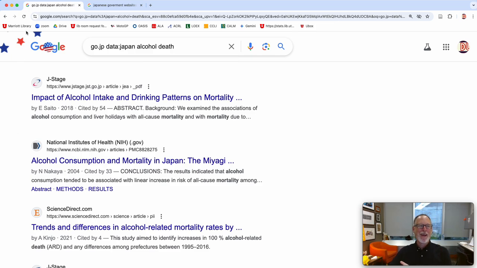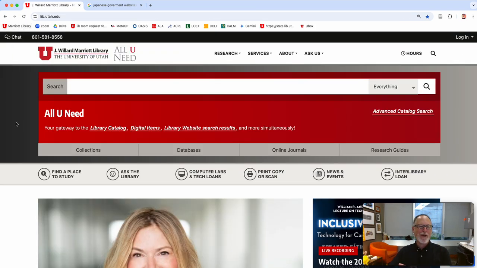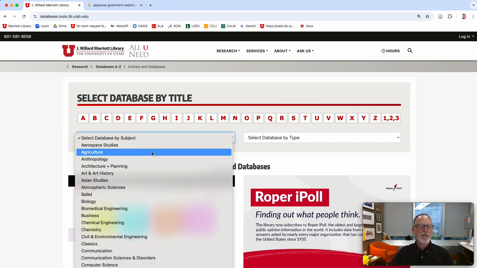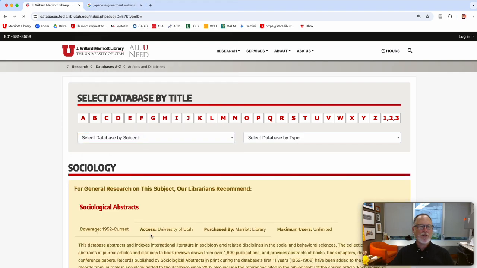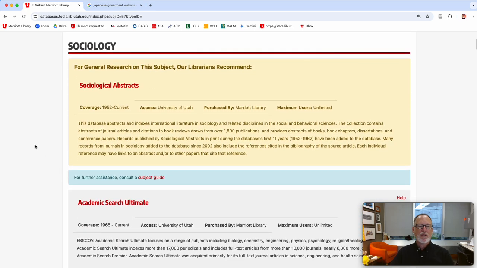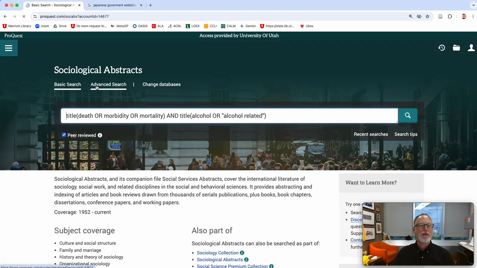So beware of that. Okay, into the library. You'll have to work with your professor to determine if these are viable and valid. But there's a lot of stuff out there to be found. Under databases, under sociology, there might be some under medicine too, but sociology is looking at societies and policies and laws and reactions to and interventions for things just like this.